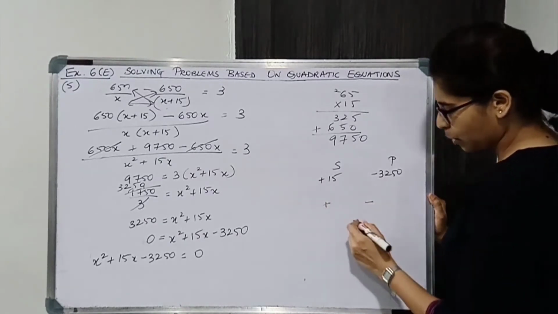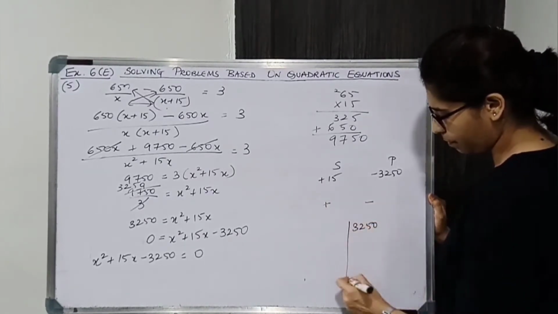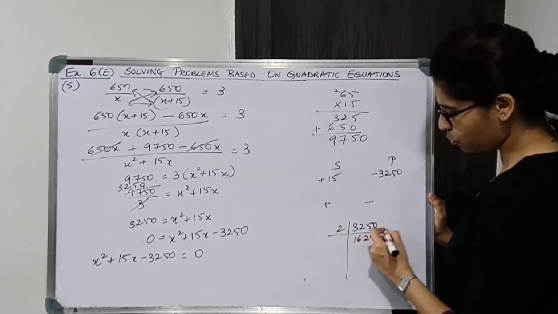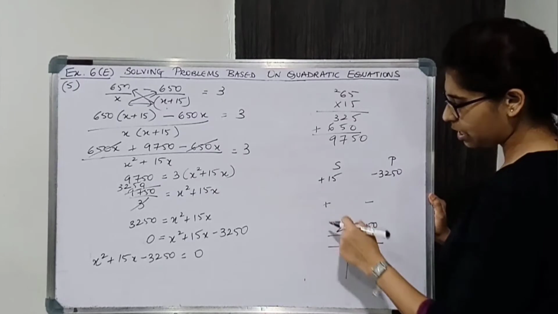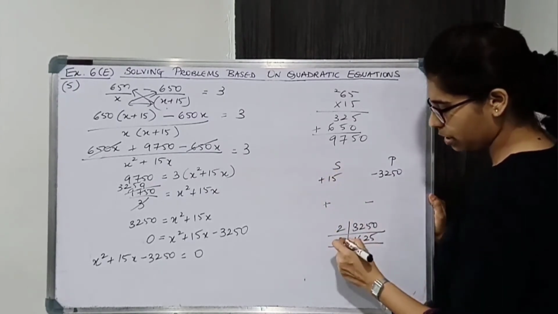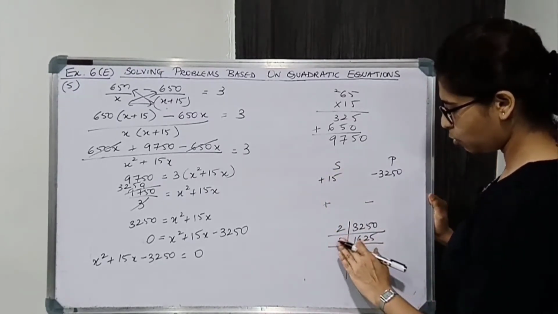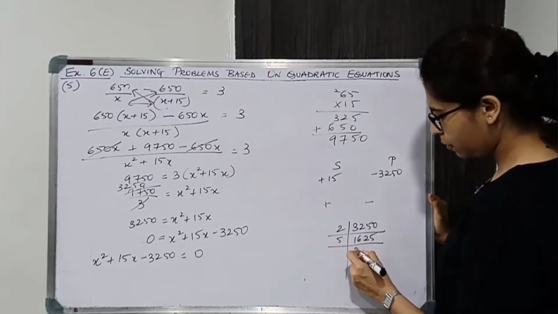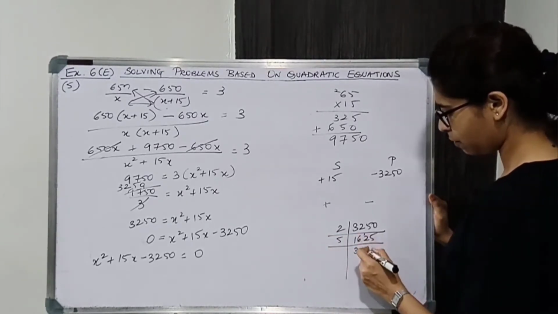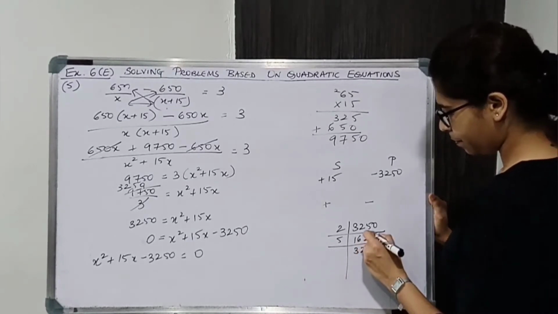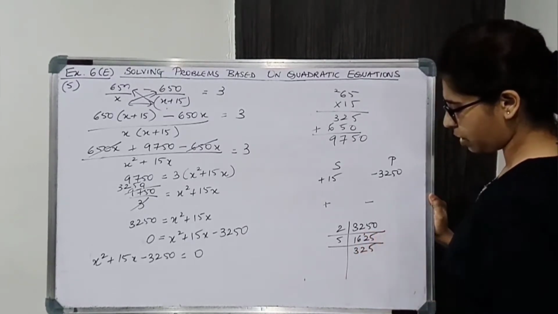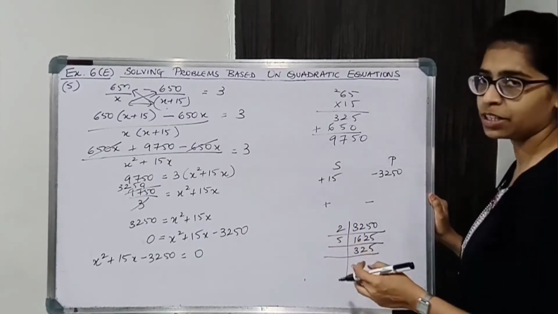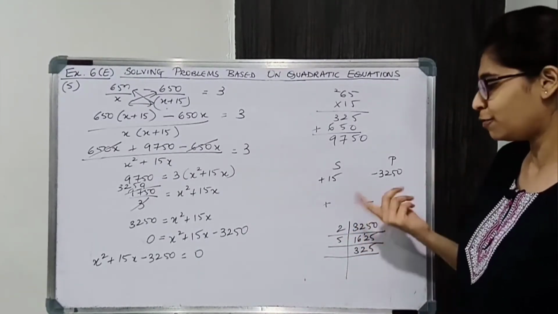Okay. So 3250, 2 16s are, 2 25s are. Obviously difference will not give 15, so let us keep on dividing for a while. It won't work with 2, let's try with 5. 5 3s are 15, 1 will be left, 5 2s are 10, 2 left, 5 5s are 25. Again 5 2s are 10, 10 and 25, the difference will not give you 15.